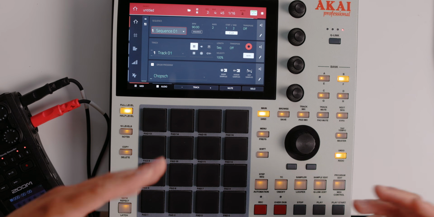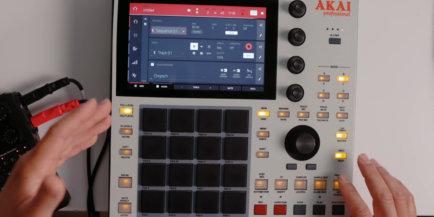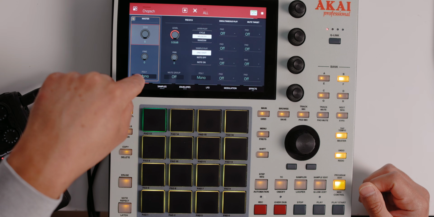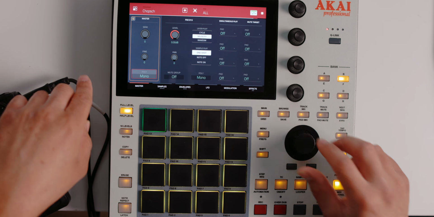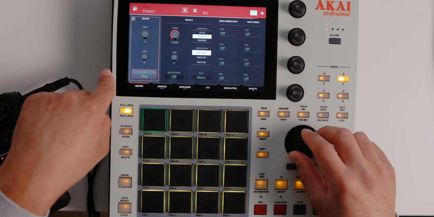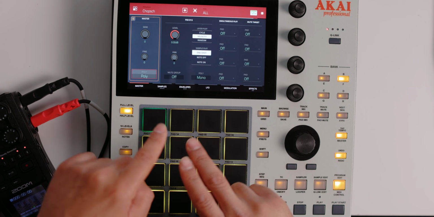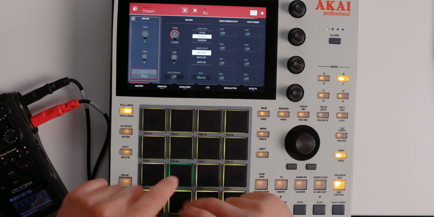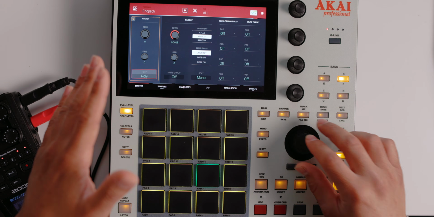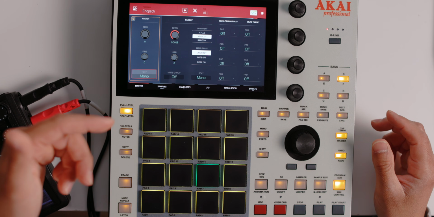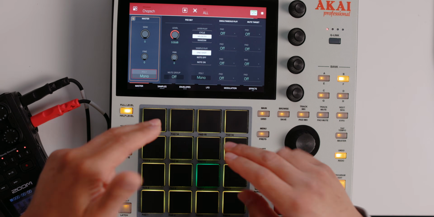So once we slice up our notes on the MPC ONE, if you go to program edit and you created your program already, you'll notice that right here you got an option where it says poly, and this polyphony is either going to be mono or poly, or polyphonic. If it's in polyphonic, they're going to overlap each other, as you guys can hear right here, which is going to create a big mess, and most of the time we do not want that when we're sampling a melodic sample. Most of the time we're just going to want it on mono, so when we play these notes, they're going to cut each other off like this,